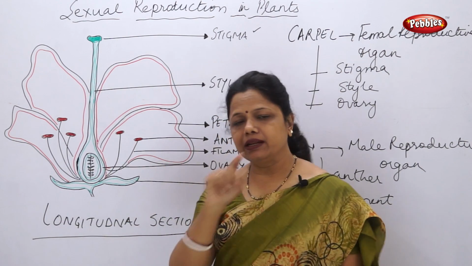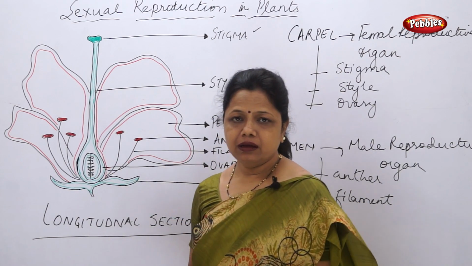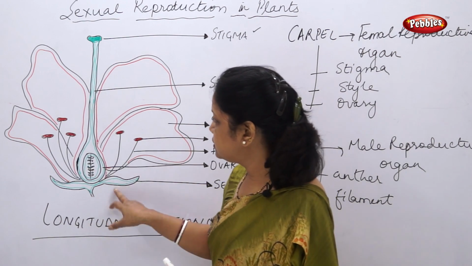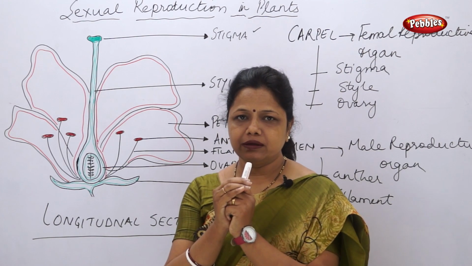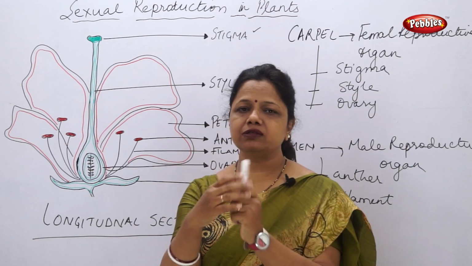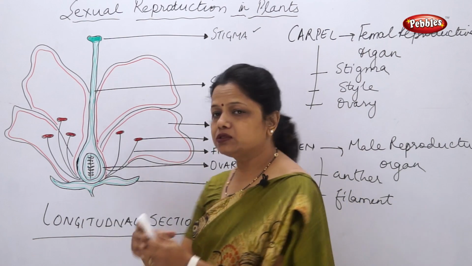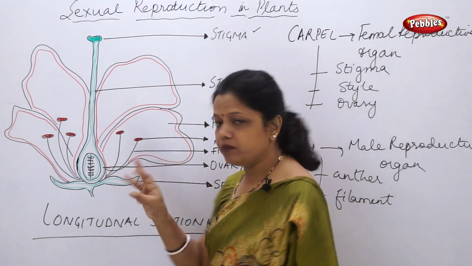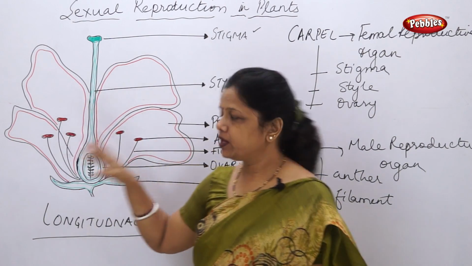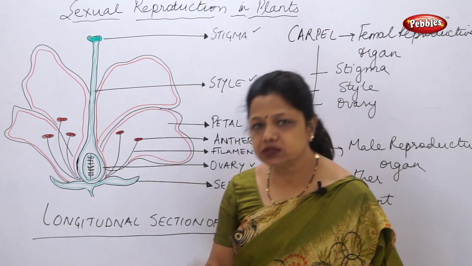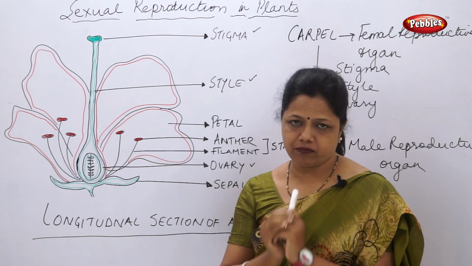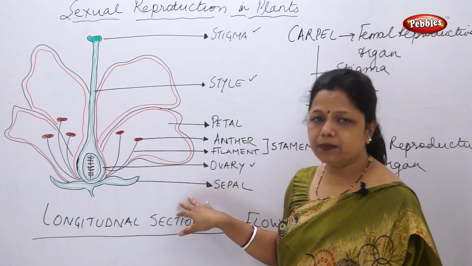Now this sepal is green in color, that's why I have also made it green in color. It is also involved in photosynthesis and it protects these flowers. When the flower is first a bud, that bud is protected by sepals. When this bud blooms or opens, the sepals also open. The sepals have three major functions. First, it is protecting the whorl of petals. Secondly, it is involved in photosynthesis. And thirdly, it protects the flower when it is in the bud form. So this is the importance of sepal.